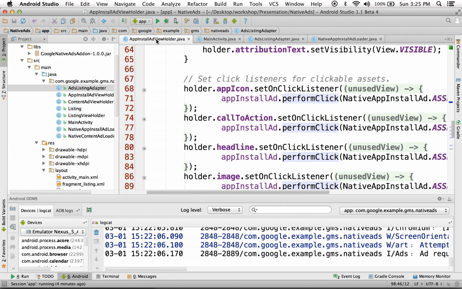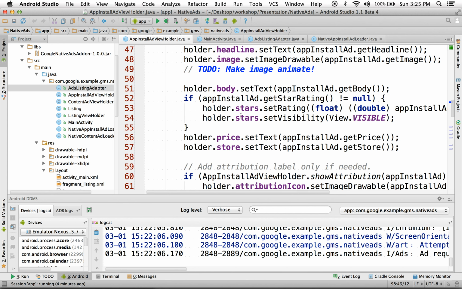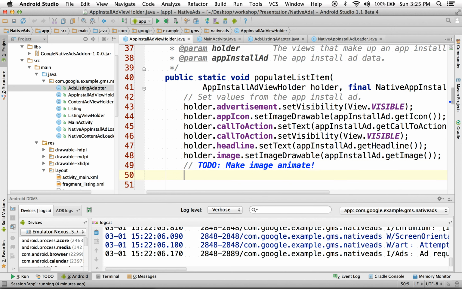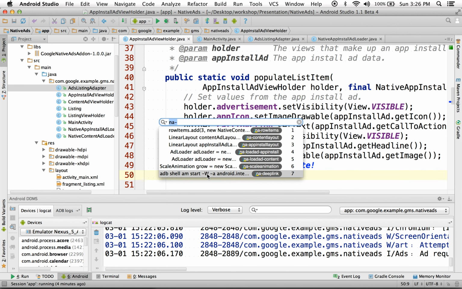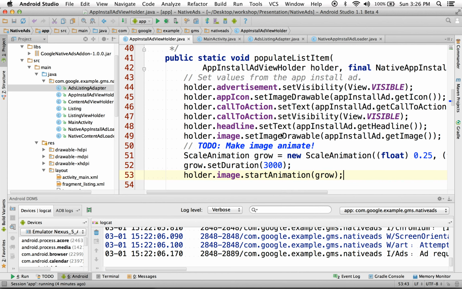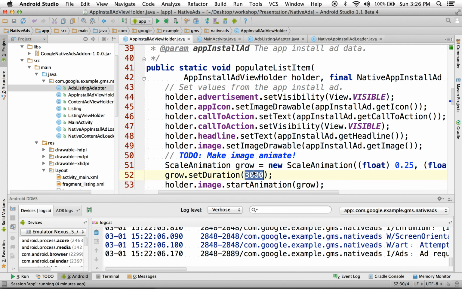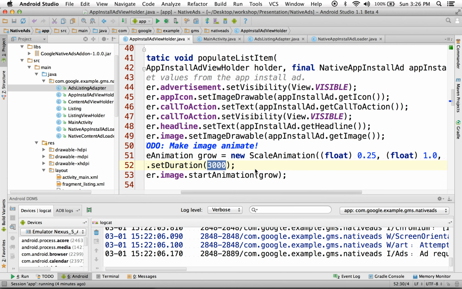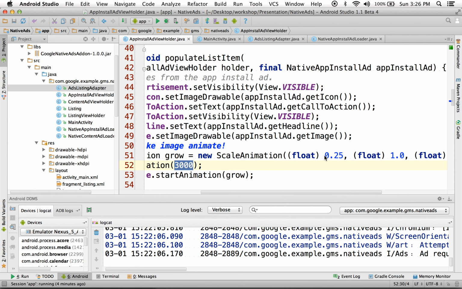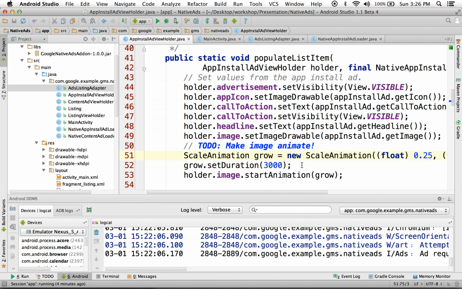Another thing I'm going to do that's different inside of my presentation is I'm going to make the image drawable animate. So in the populate list item, I'm going to go ahead and create a scale animation, which is just going to, over the course of 3 seconds, change the image size from 25% to 100%, and it's going to grow that image. And if I rerun this app,